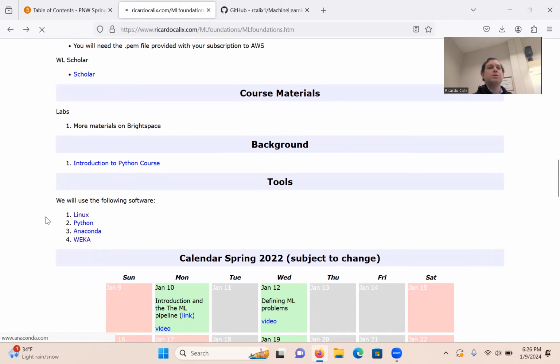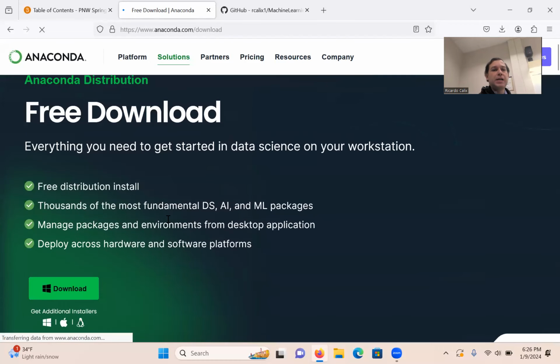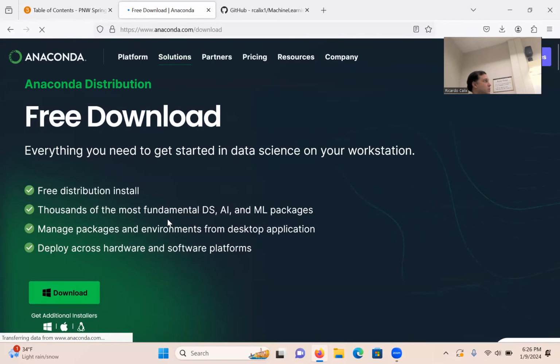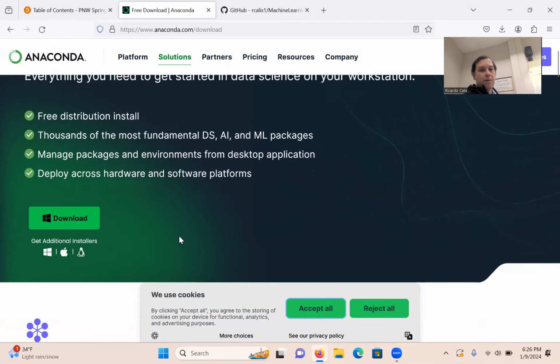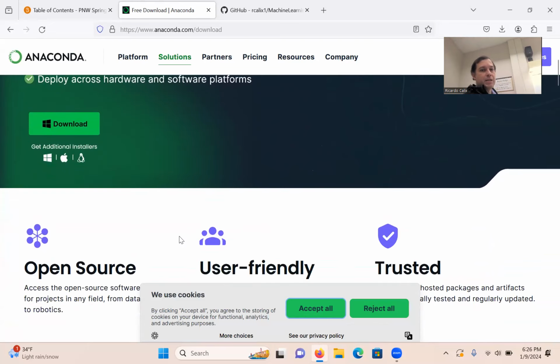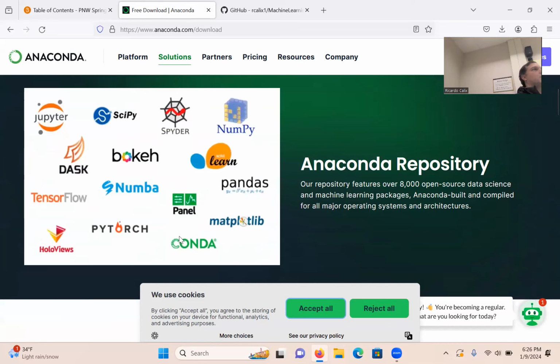I can click on Anaconda just to give you an idea. It's not the only environment manager, but it's definitely one of the most used. Everything you need to get started in data science on your workstation. Okay, you can see that. Basically you have access to all the libraries and Jupyter Notebooks. I'm sure you've used Jupyter Notebooks before. We'll be using Jupyter Notebooks for pretty much everything, and that should be pretty nice for seeing the outputs for